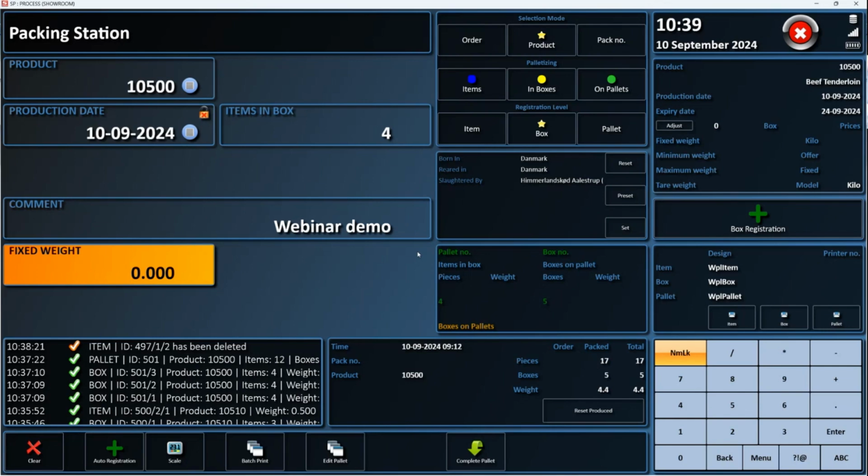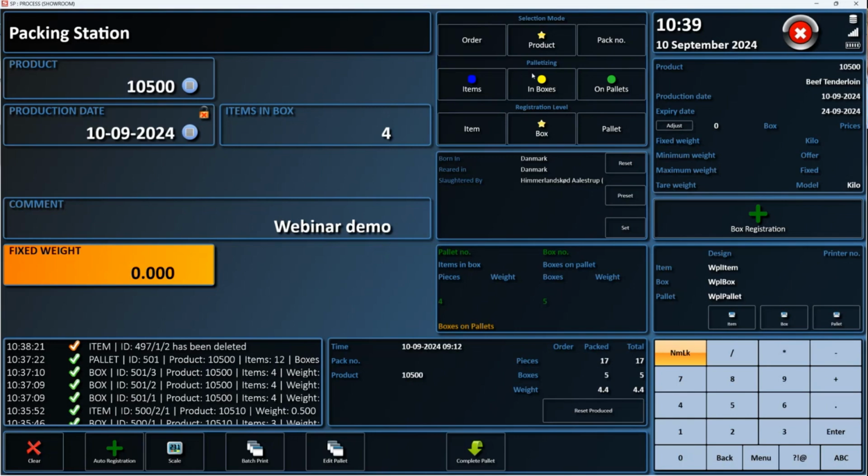Yeah, you can do that. Normally you can have up to 2. You can have several label printers connected to a station, but normally you have 1 or 2, and then we can configure. You can see here on the label info, it says printer number, and if there's no field out, it will just print on label printer 1. But we can also say that, for instance, the item is printed on printer 1, and then the box and pallet is printed on printer 2. I don't know if you saw the hardware we showed you. On one of the stations, there were 2 label printers.